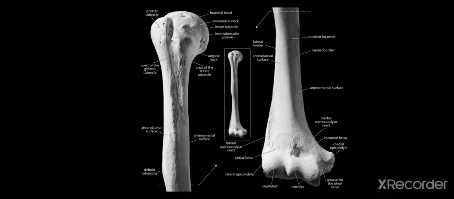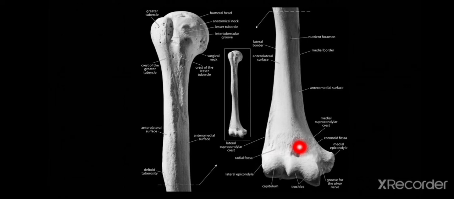And the brachialis origin is very vast. The brachialis takes origin from the lower part of the anteromedial surface, the lower part of the anterolateral surface, and partly the posterior surface. If you see here, it takes origin from here, and then the anterolateral surface, and partly it goes to the back. That is the brachialis origin.